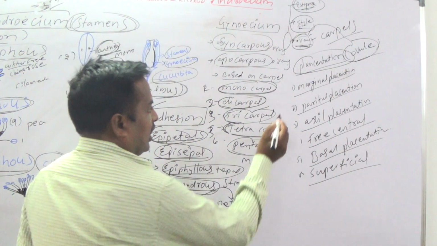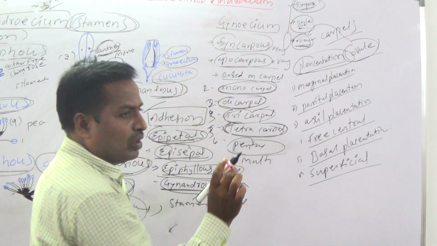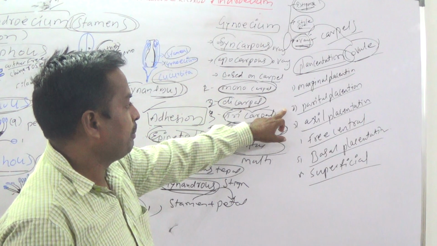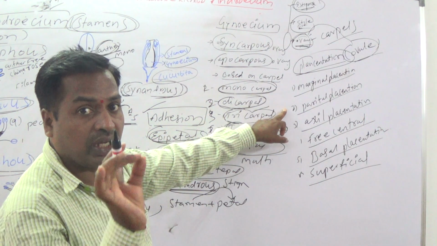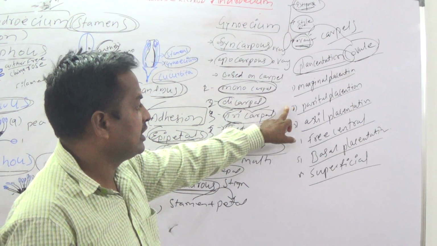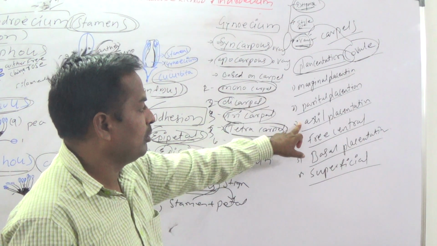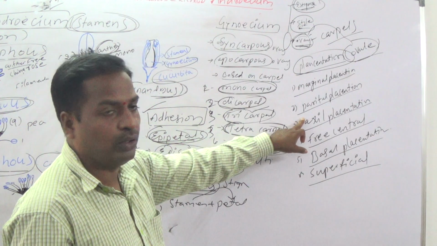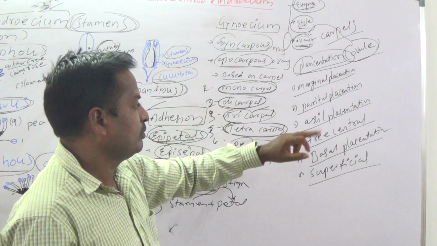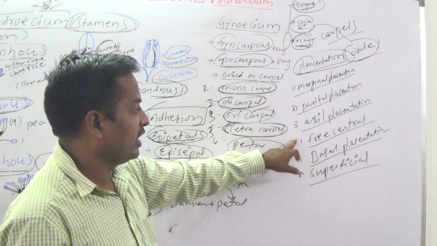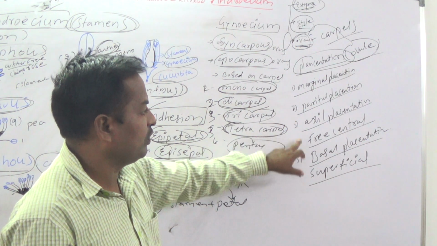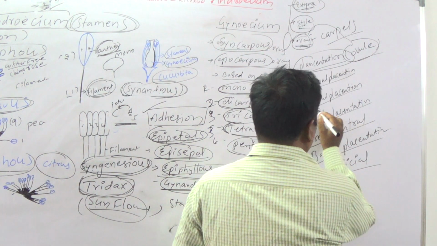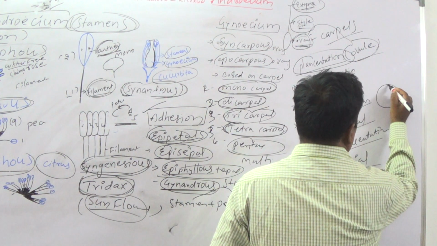Once again, marginal is nothing but ovules borne on the ridge of the ovary. Parietal is nothing but ovules borne on the inner walls of the ovary, example Brassica. Axial is nothing but the placenta position is axial and it is a multicarpal ovary, that is China rose or Datura. Axial and free central, so both are not the same. Are you clear? This is the axial placenta. This is the axial.